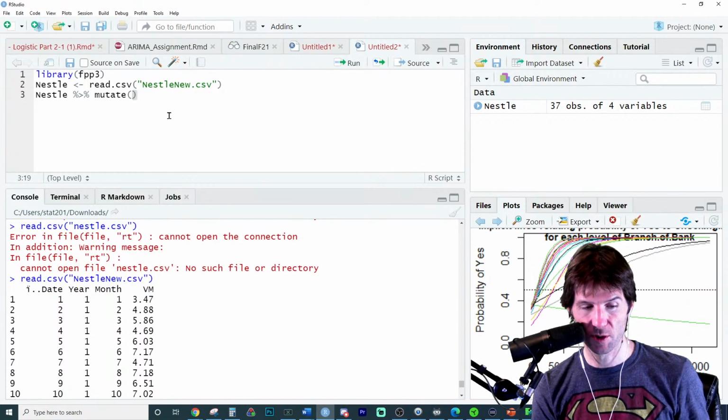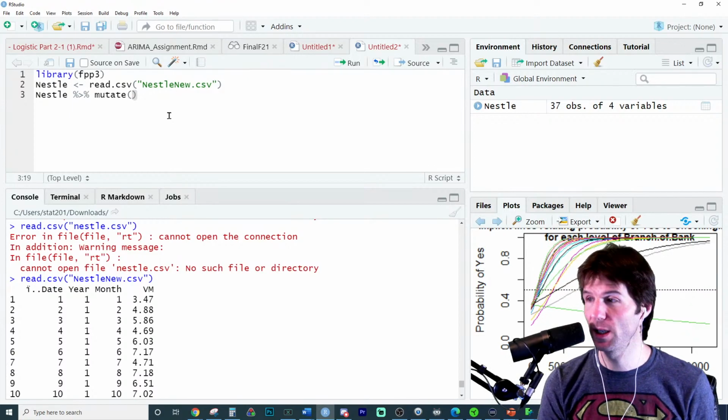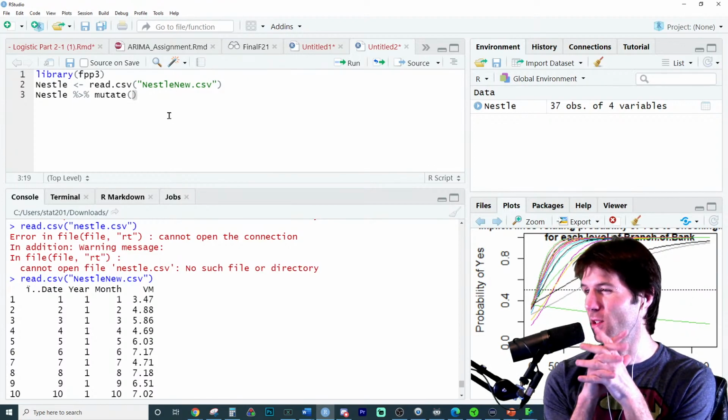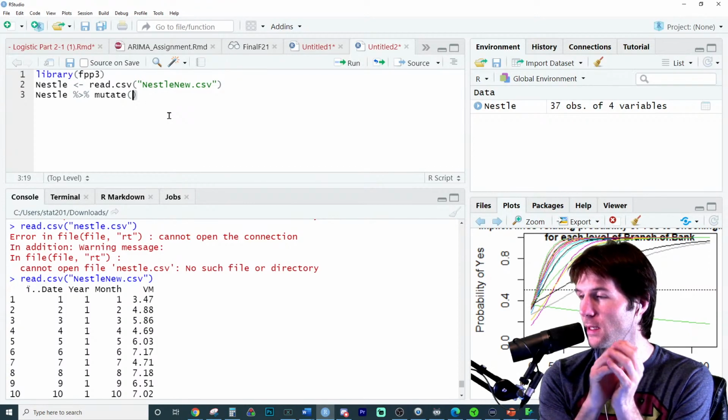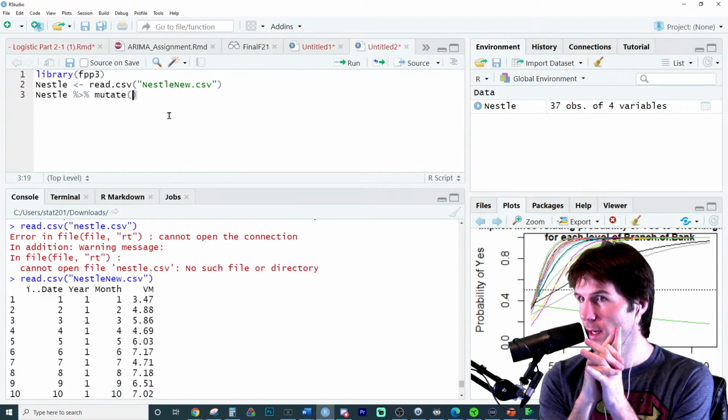Because before turning into a tsibble, we need the key variable, or the index variable. Keys are how you split it apart. Index is what it needs. It needs an index for a tsibble. So the index right here,